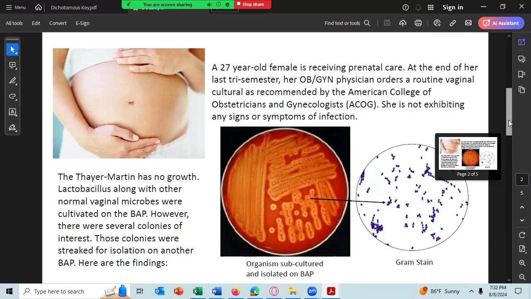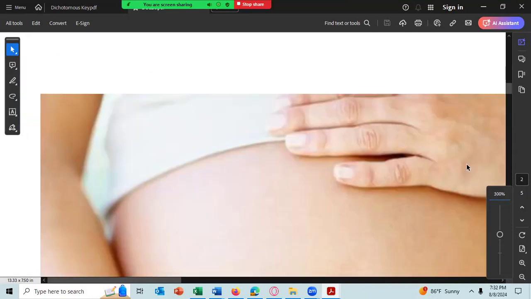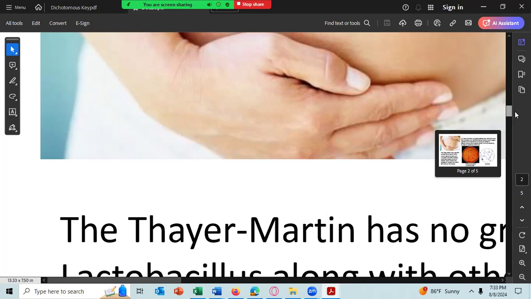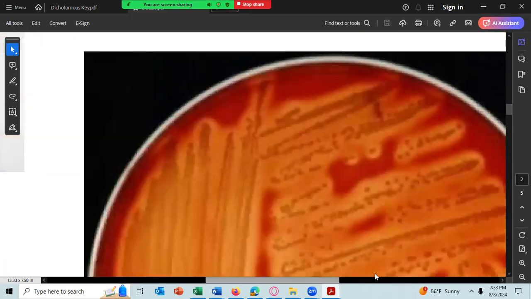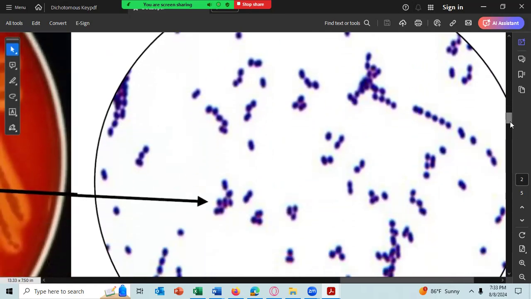You need to blow that up to see it, because it's too small to make certain what the shape of the bacteria is. You can determine whether it's gram positive or gram negative. Oh, come on, where is it? Right there. You have to look carefully at these cells to determine their shape. But there it is there. And then